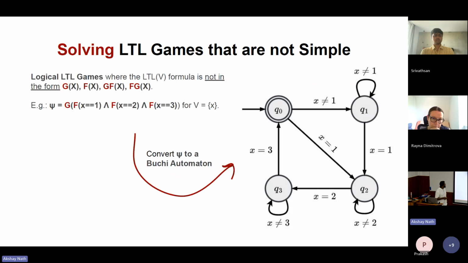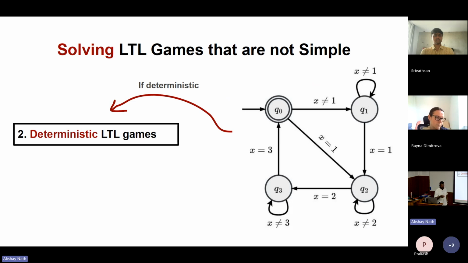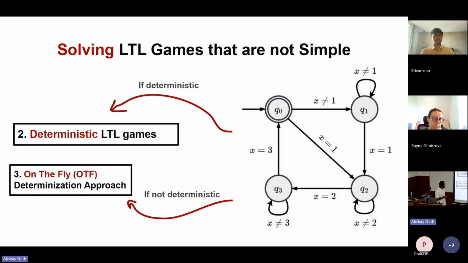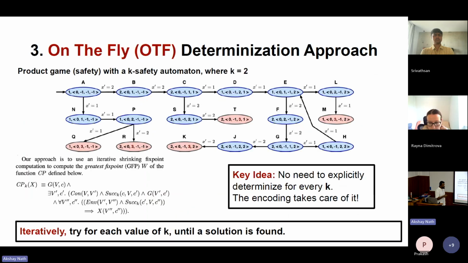The key idea is that if it is deterministic, we go into the deterministic LTL game approach, which essentially takes the product of the automaton with the game and then solves the computation. And if it is non-deterministic, then we have an on-the-fly determinization approach, which is also known as a bounded determinization approach in the literature, which computes a sequence of deterministic automata for a given bound and then takes a product and computes it. You could check these approaches out in the paper, and we will move on to the